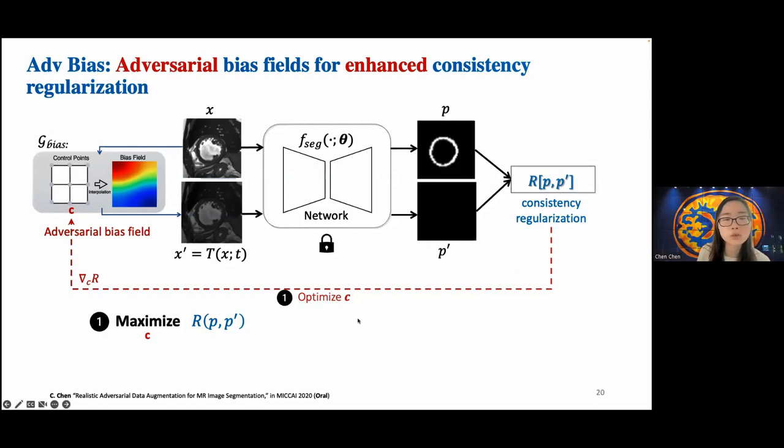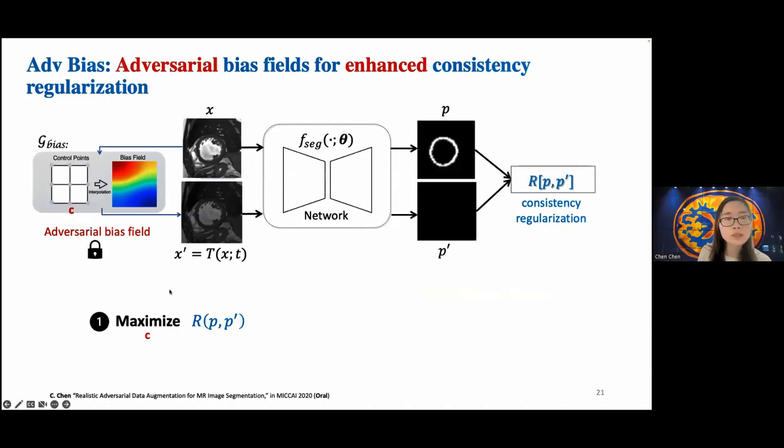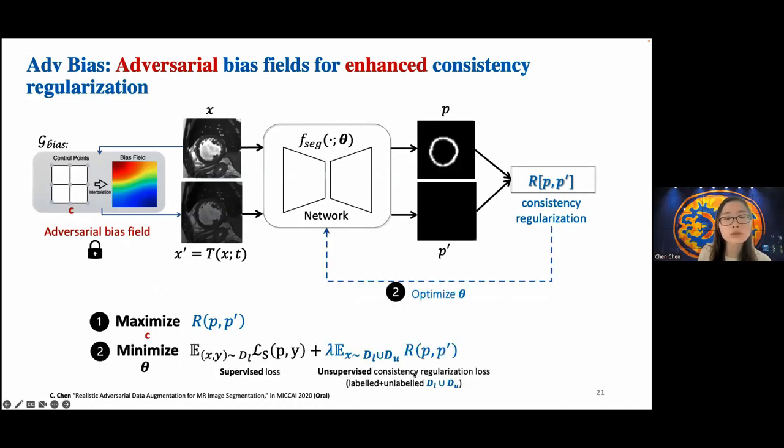And then we're trying to optimize the underlying values of these control points with the hope that it can fool the network to basically mispredict the myocardium region, okay? So this is the first step. With that, once we found such kind of adversarial bias field, we can then add it into the training of